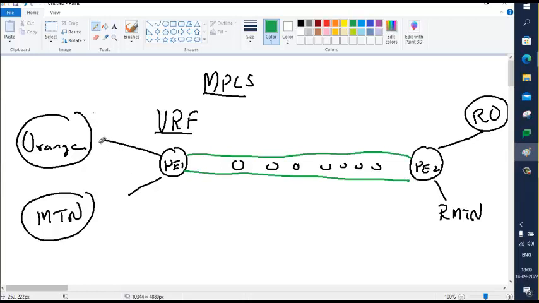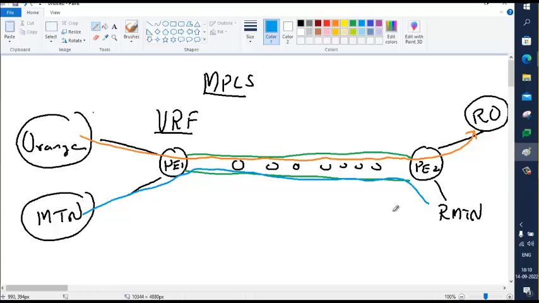So the routes that are coming from Orange will go through this VPN, and it has to go here. Likewise, the routes that are coming from MTN should go through the same VPN and go to MTN,